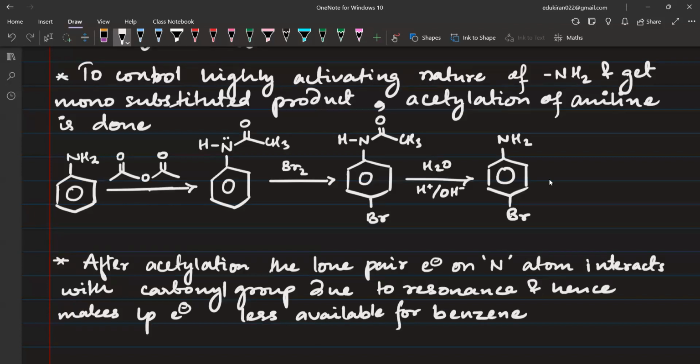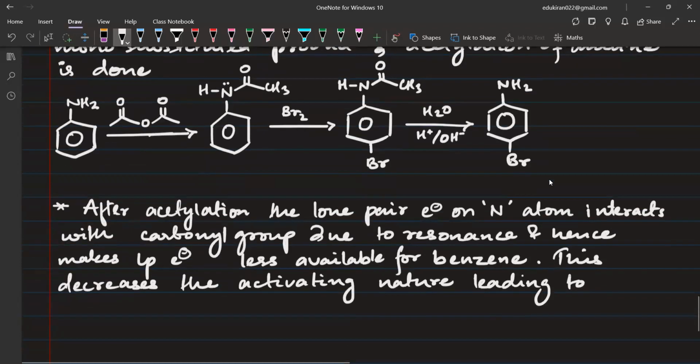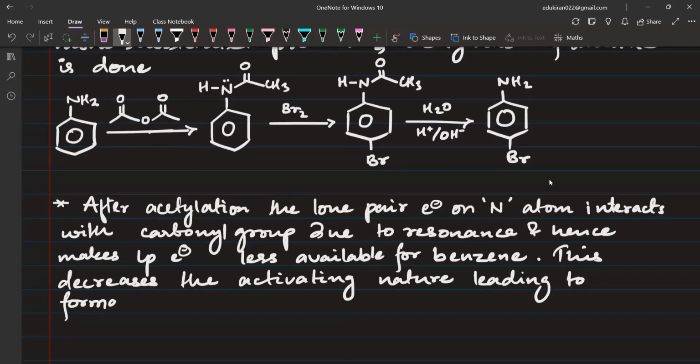ठीक है? And if it is less available for benzene, it will not go to benzene. And if it is not going to benzene, it will decrease the activating nature. This decreases the activating nature, leading to formation of monosubstituted